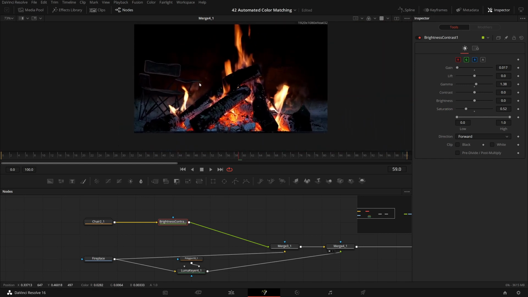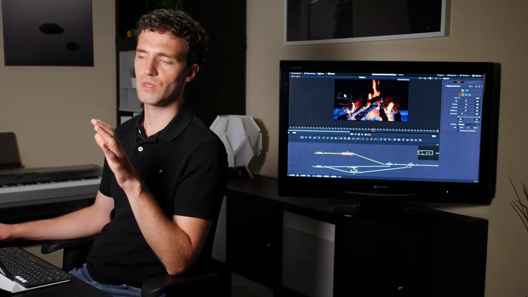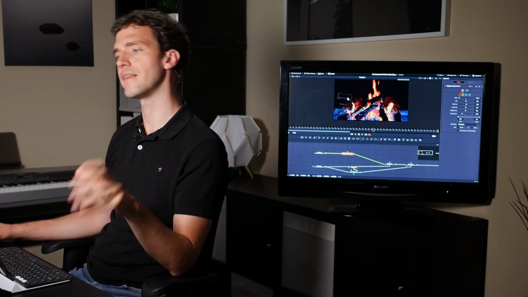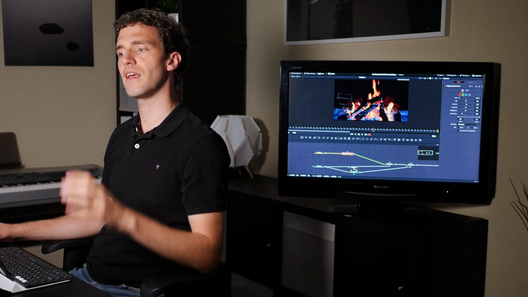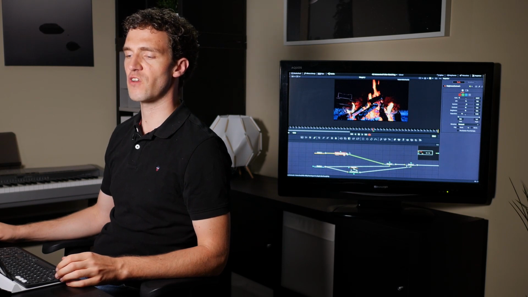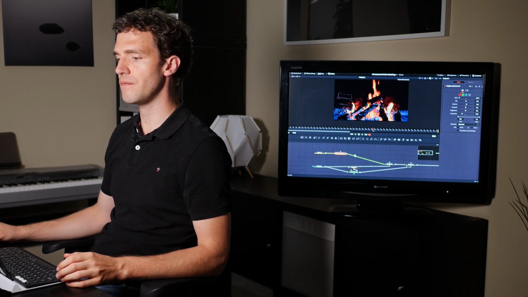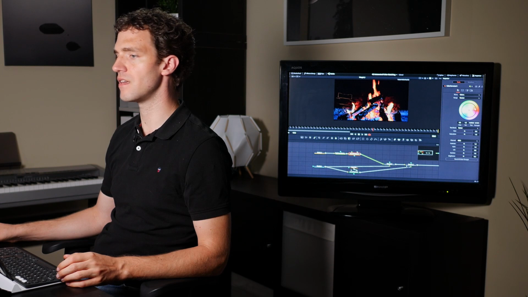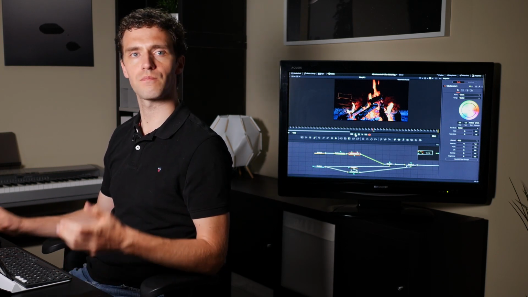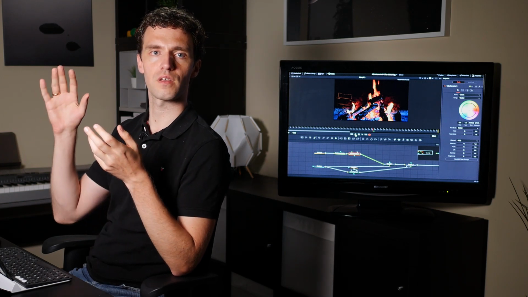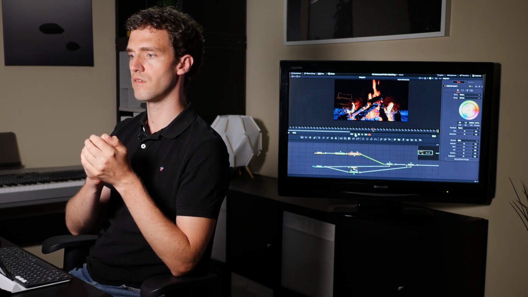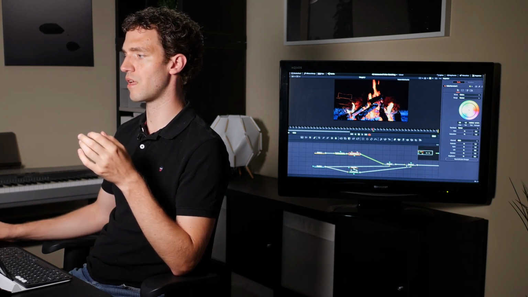So ignoring the fire for a second, I might say this could be my starting point to put this chair into a night scene. Now, thinking about the fire, I want to add this fire on top of the chair. I could do this with a color corrector and add a tint, for example, like this. You could also do it by superimposing a new background onto this chair. That's also an option. I think this is more or less self-explanatory.